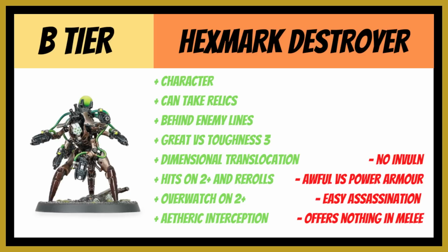Now as for the bad, no Invulnerable Save unfortunately again, and we kind of just mentioned it, he is really awful against elite units, especially against power armor, because his pistols are -1 AP, and with Armor of Contempt that goes down to 0 AP, and his ability to have more shots when he removes units, it's not going to happen that often with power armor. You're not going to be removing models, potentially Sisters, but yeah, without the AP,